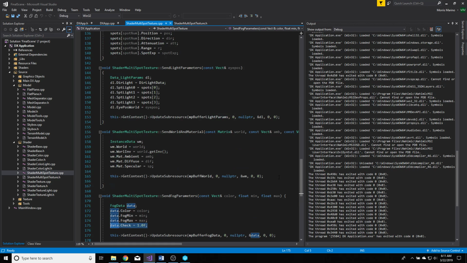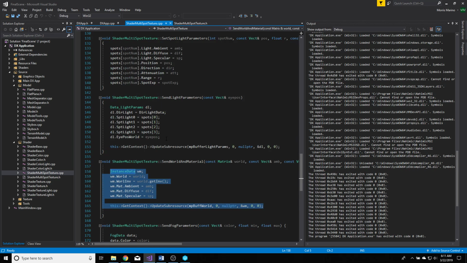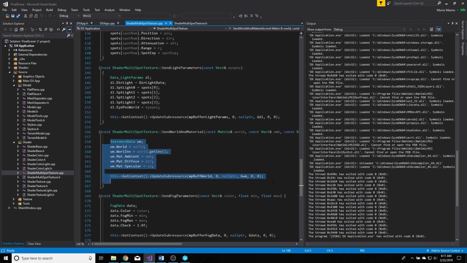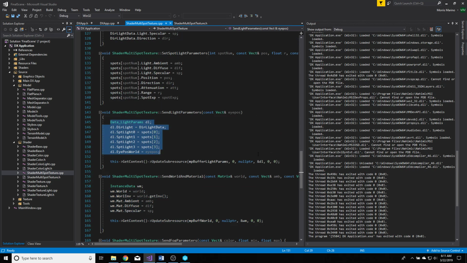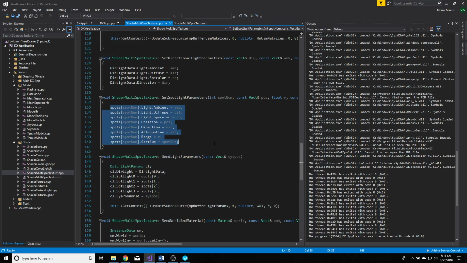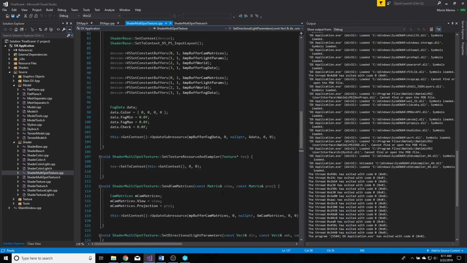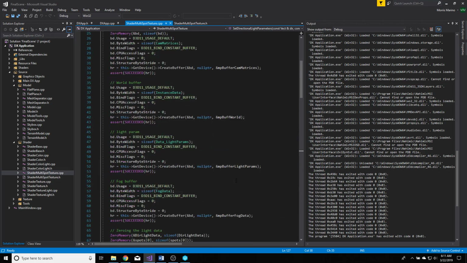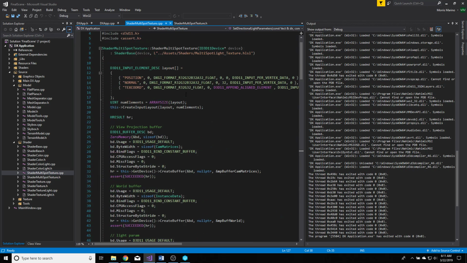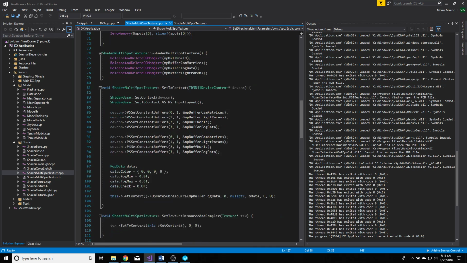I like that a lot better than having an if, so that's why that's there. Then we got the standard functions. Here in the set spotlight parameters, it does set based on array, which is pretty decently efficient, I think. Anyway, that's just the shader class for my